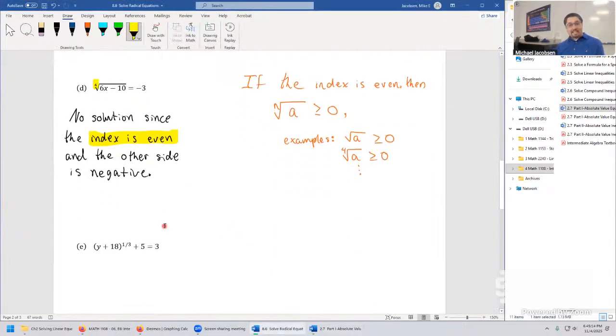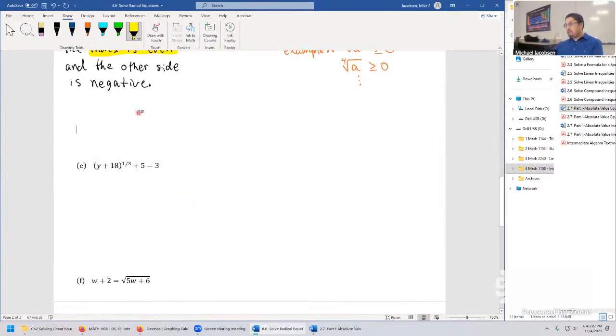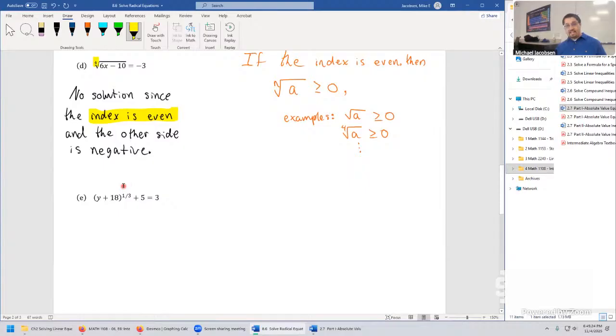So let's try out a slightly different version, part E, to see how this one can go. I think we can solve this one in the required amount of space. And notice this one's just written in a slightly different way. What we're dealing with is a cube root, but we have different ways we can write this. It's just a stylistic choice. Y plus 18 to the power of 1/3 is the cube root of y plus 18. So that was our big punchline in our section 8.3 on radical expressions. So either way,